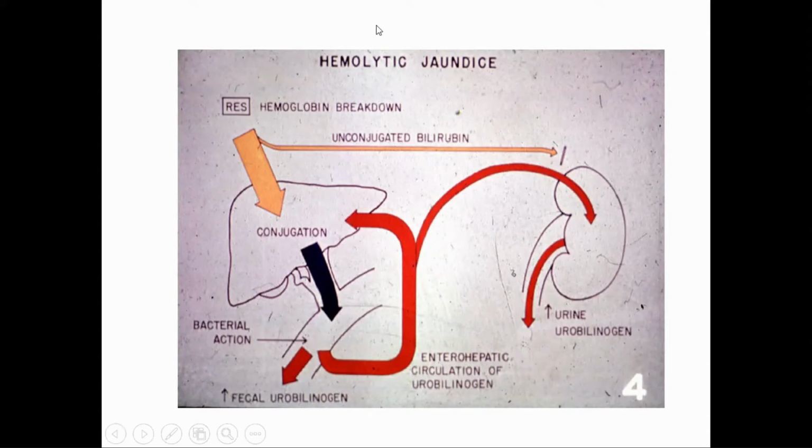This is a case of hemolytic jaundice. Hemolytic jaundice means it is an unconjugated bilirubin formation, because RBCs are broken down, plenty of them, and then formation of unconjugated bilirubin. So the reticuloendothelial cells, hemoglobin breakdown, this unconjugated bilirubin comes into the blood. Now it cannot be excreted by the urine while circulating in the blood, because it cannot pass through the glomeruli, and it is bound to albumin.